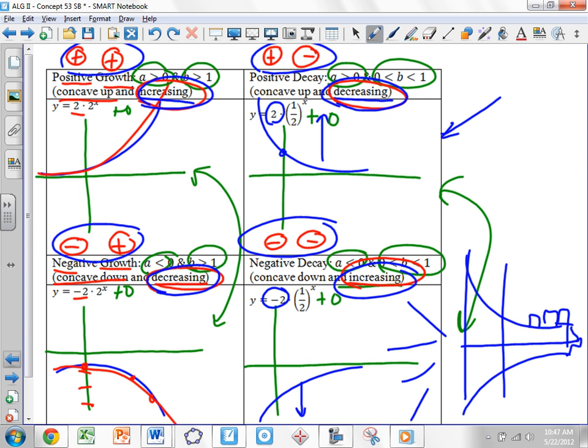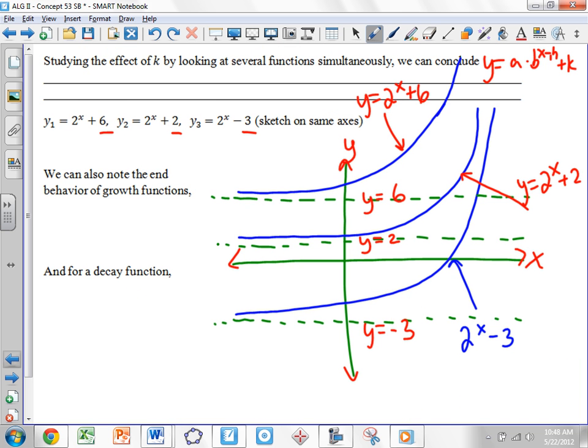So my horizontal asymptote for all 4 of these was just y equals 0. We just didn't mention it. But again, the horizontal asymptote is just the x-axis in this case. But when we get to the part that we're looking at, which is here, we can say that our horizontal asymptote, generally speaking,